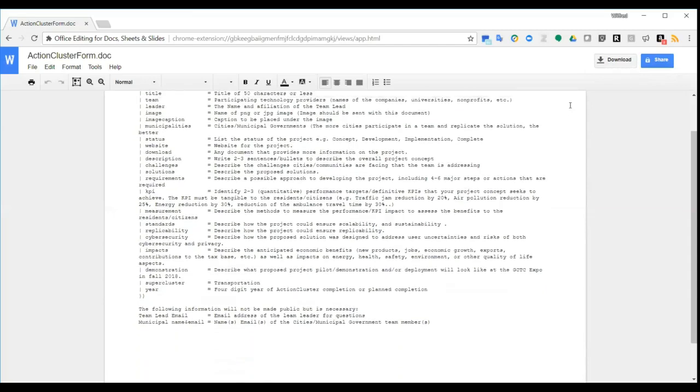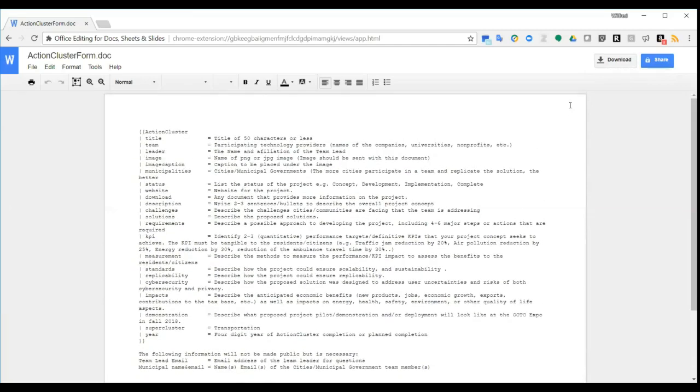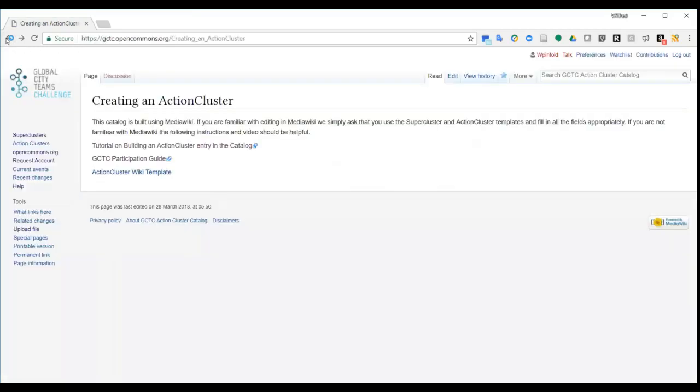This page is the template for filling in the action cluster as it goes up on the page. And these questions are all the same questions, slightly different order: the title, the team leader. It has some information that are images and things that just spice up the wiki page. But download this for now, and then let's go back to the main